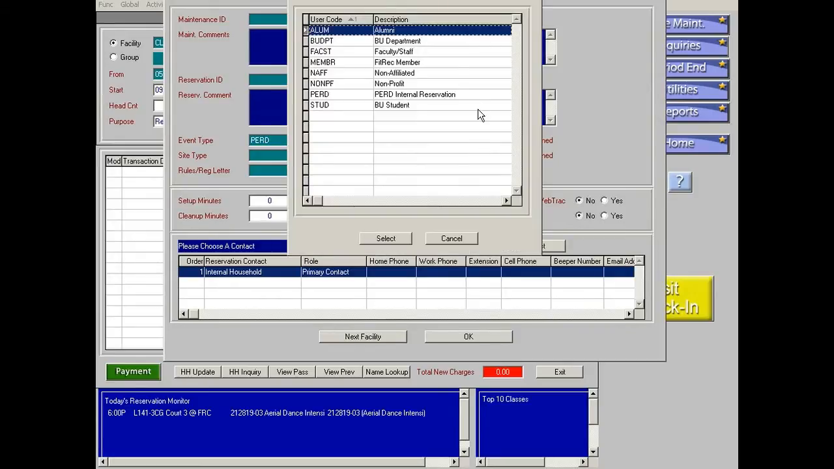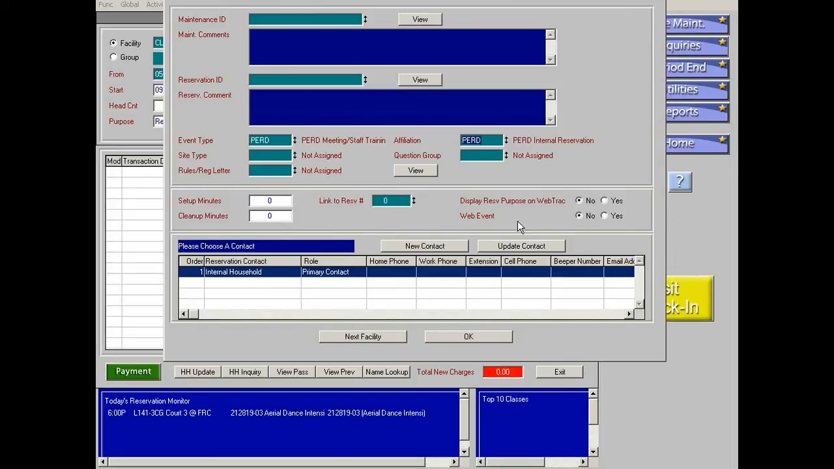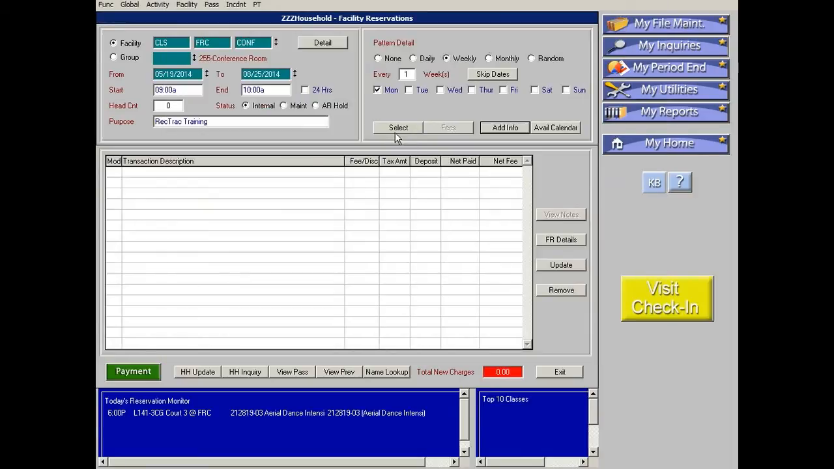The other one we have to choose is affiliation. So this is a PERT internal reservation, but if you're doing it for something else, it might not be. And that is all that we have to do on this page. There's some other things we can do, but those are a little more advanced, and we probably won't be getting to those right now. If you do have any questions about some of the other stuff, definitely don't hesitate to find me and ask me. Alright, so now we'll click OK